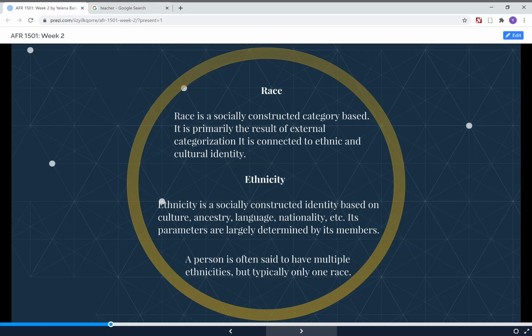So ethnicity, and these are often conflated, even by the census, which I hate because they mix up race and ethnicity all the time. Ethnicity is also socially constructed, which sounds weird because you might think, well, being Ethiopian or being Ecuadorian, those aren't socially constructed, although that has more to do with nationality than anything. It's socially constructed in the fact that over time and generations, a society has come together to define their culture, to develop their language, their ancestry, maybe how their ethnicity is tied to a particular national identity. That's what I mean by it being socially constructed.